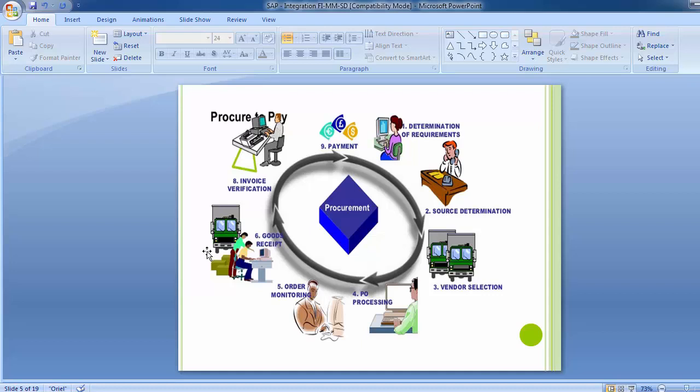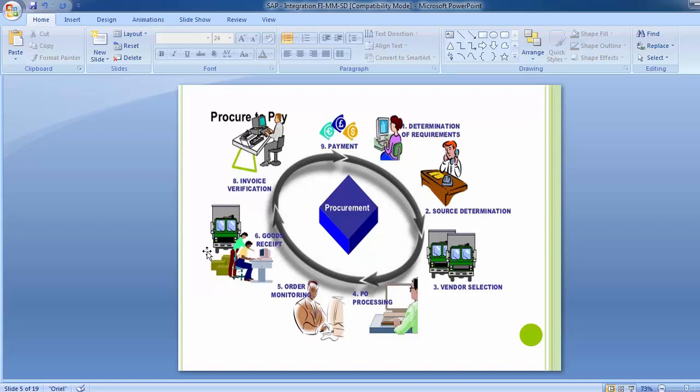Once a goods receipt is done, it updates the SAP system with respect to the inventory. Automatically, that particular material will be updated into the SAP system. Its quantity will be updated, its price will be updated, and ultimately its financial implications will also be reflected, and the different GL accounts related to the goods receipt will also be updated in the SAP FICO module. So now the goods have been received.